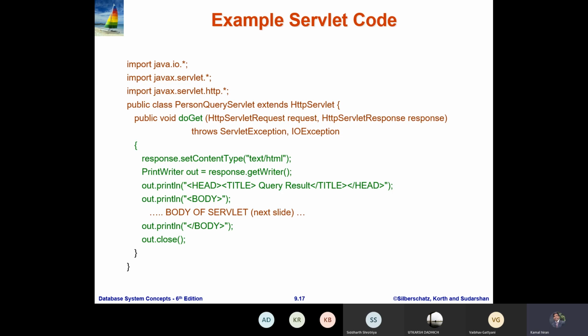Then we use the class and object creation, and then some methods. Then out.println, since we want to print something. Then the body of the servlet, and then we close. So basically this is a simple code when we do servlet programming for any application development.